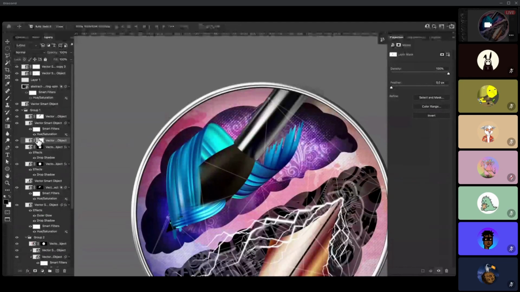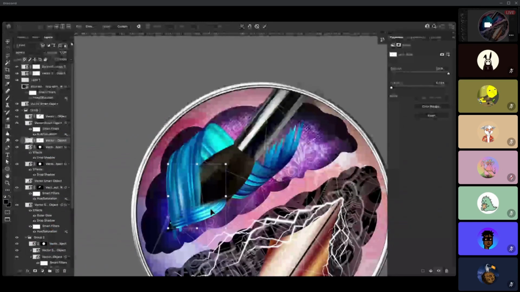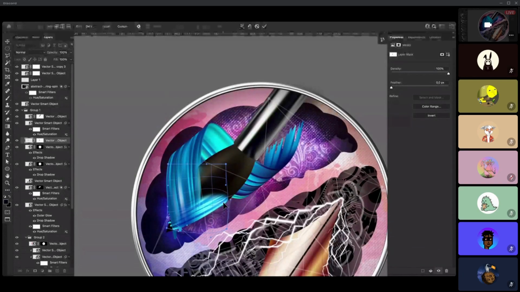And at the same time I can rasterize everything and I can start warping. And at the same time this is too harsh the way it's mixing in there, so I'm simply going to take the eraser tool and slowly, by lowering the opacity, I'm going to remove, so it's very even the way it comes in, like so.